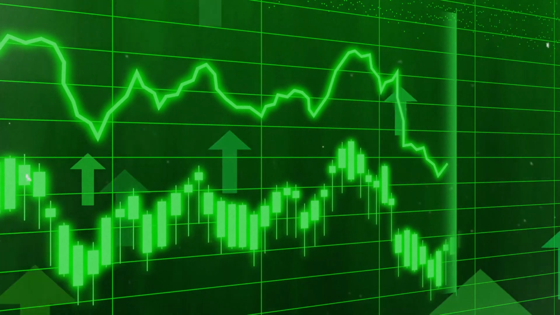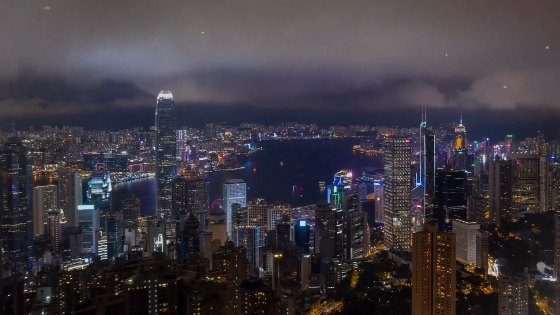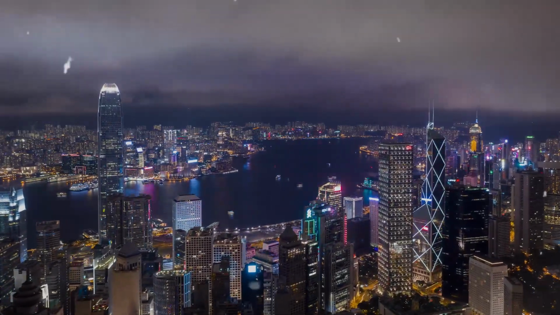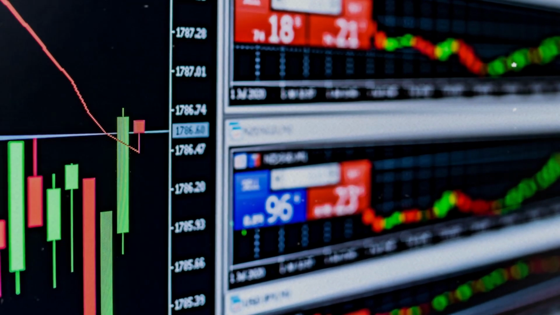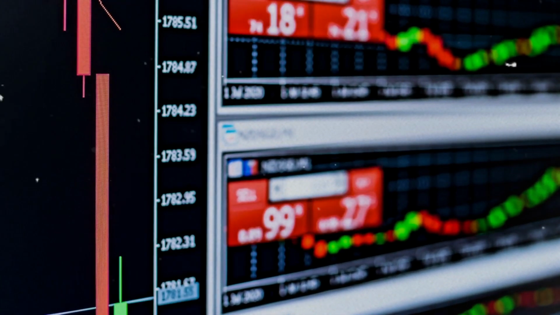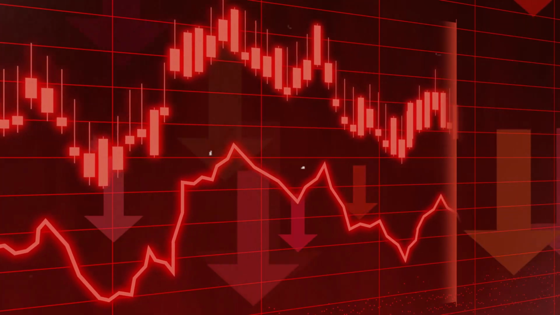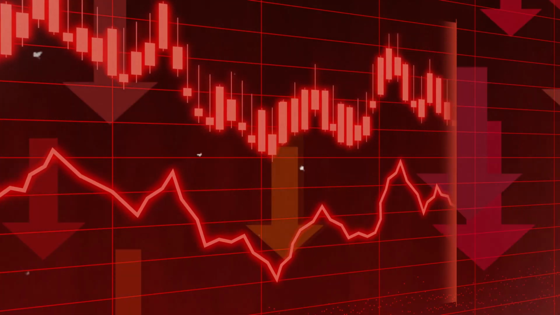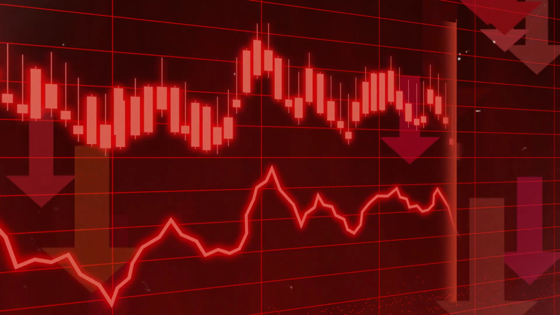The peak stage is the point at which the economy reaches its maximum level of growth. After this point, economic activity begins to slow down. During the contraction stage, economic activity begins to decline. This is the period in which a recession typically occurs. Employment, income, and consumer confidence all start to decrease during this stage. The trough stage is the point at which the economy reaches its lowest point. This is the period in which the recession is at its worst. After the trough stage, the cycle starts all over again with the expansion stage.